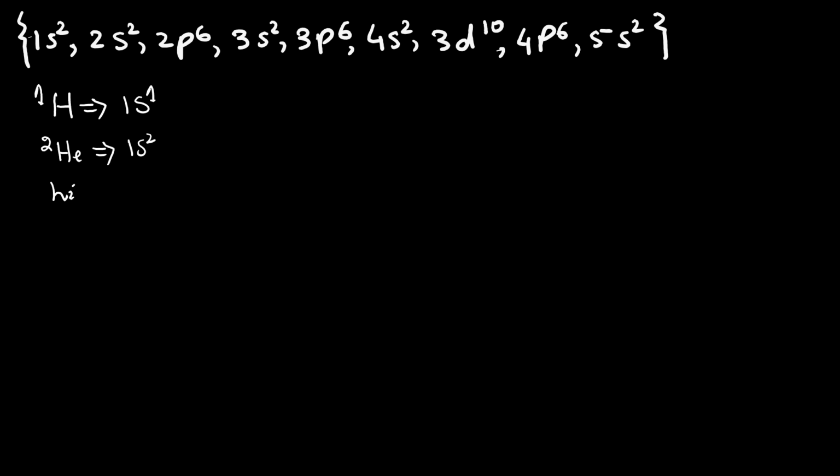element is lithium. Lithium has atomic number 3 and it will occupy the 1s2 subshell as well as the 2s subshell. Keep in mind that lithium has 3 electrons, so 2s2 will become 2s1. So the 2s subshell will accommodate 1 electron. Similarly, beryllium has atomic number 4. So beryllium will occupy the 1s2 subshell and the 2s2 subshell. The total number of electrons in beryllium is 4. Next one is